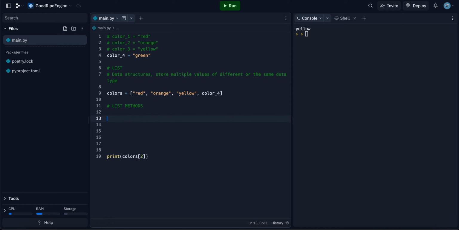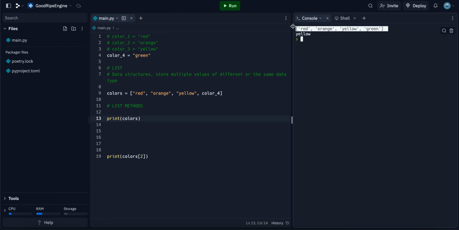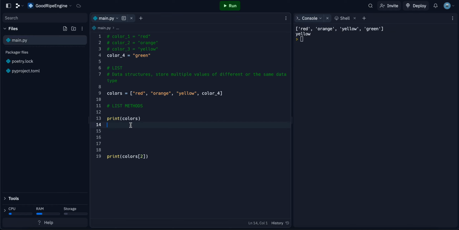So, say for example, I decide that I don't only want the first 4 colors of the rainbow, I want the first 5. So, let's start by printing colors just to see where we're at right now. Obviously, it's only the first 4. Now, we can add things to our list after we've already declared them, just like we can reassign the values of variables because lists are mutable,